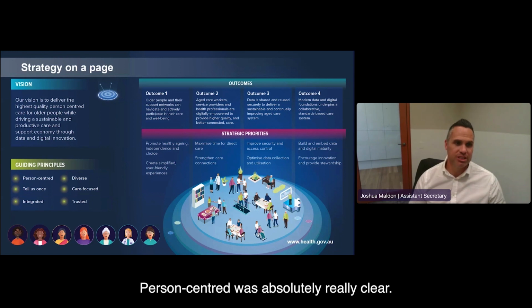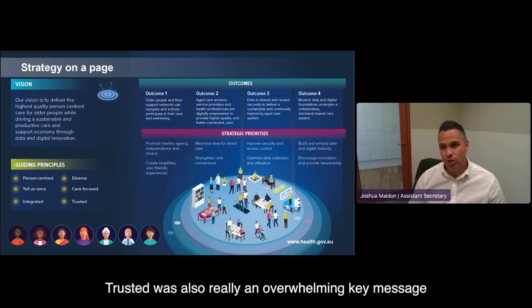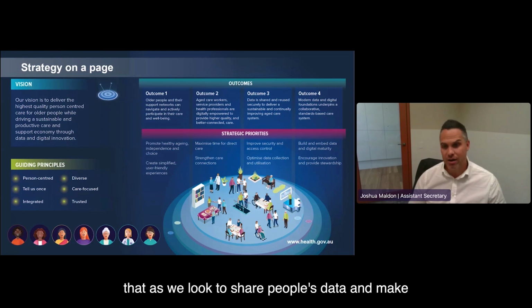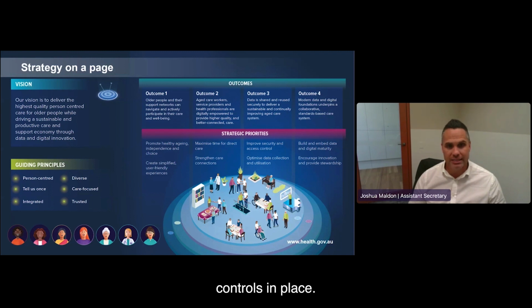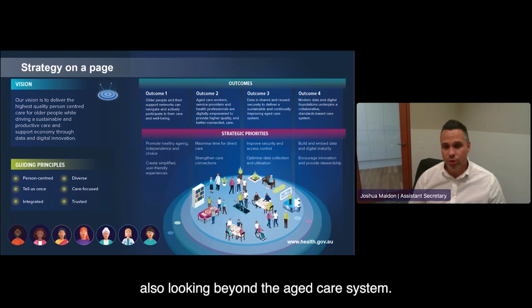Guiding principles, person-centered was absolutely really clear. Trusted was also really an overwhelming key message that as we look to share people's data and make better use of that data, people need to feel safe and confident that we've got appropriate security controls in place. As you can see from the strategic priorities, we're also looking beyond the aged care system early on.